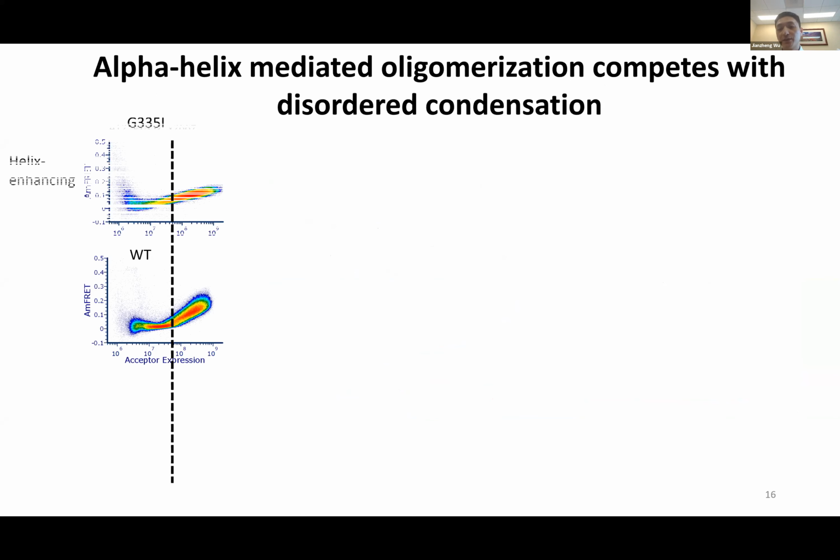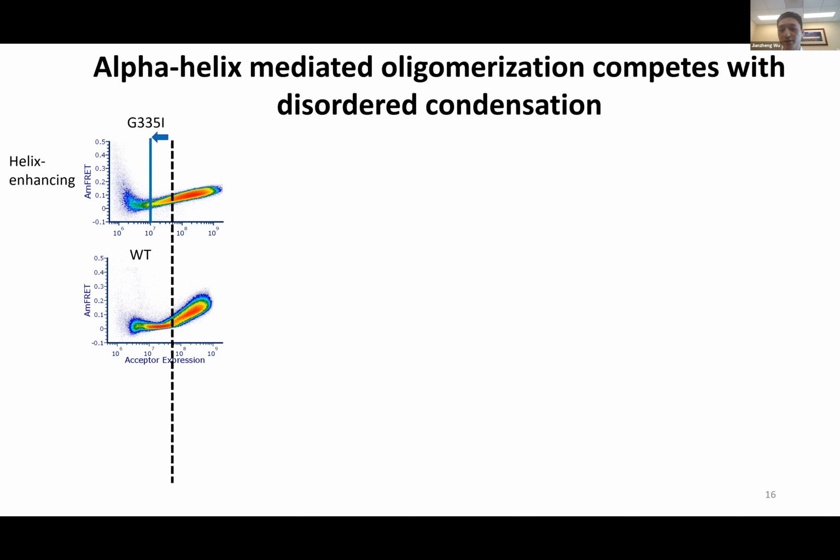Next, we are interested to see whether the helix mutations will affect the oligomerization in cells. First, we examined the helix enhancing mutation G335I. As you can see, now the oligomerization can occur at a lower concentration. This is consistent with the in vitro data from Foz's group, showing that enhancing the alpha helix increases the effective